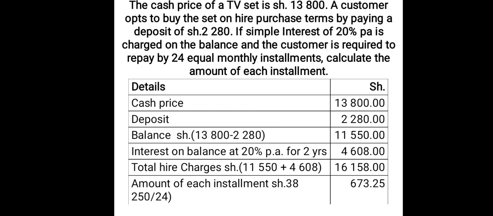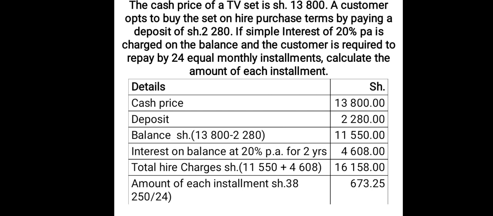Now here we shall also have details. The cash price is 13,800. The deposit is 2,280. Now the balance in the cash price and the deposit would be 11,550. Now an interest of 20% is calculated on the balance. That is 20 over 100 multiplied by 11,550 times 2 years. We get it is